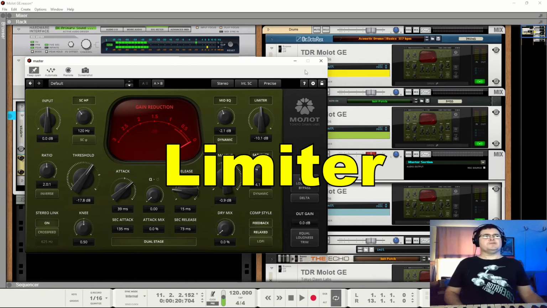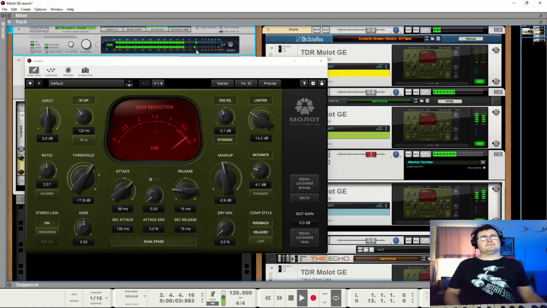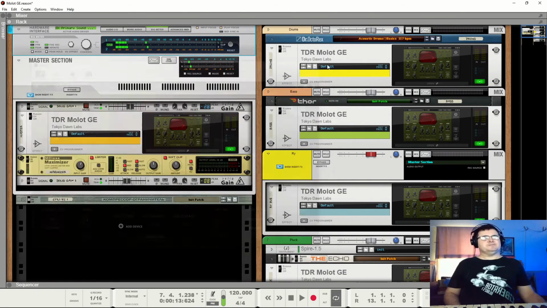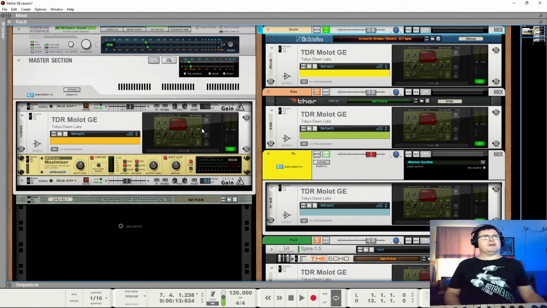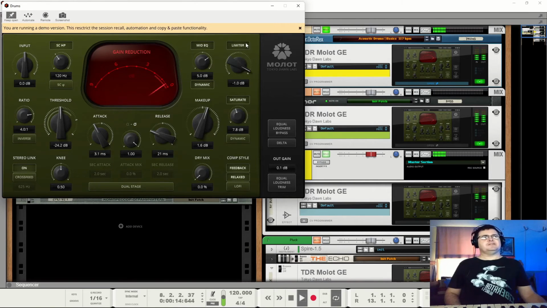The limiter we will look at here, it's not a brick wall limiter, so don't plan to use this across your master, but it is interesting. We'll go back and look at the drums with this as well. It's one of those things that I wouldn't put across the masters, so let's go have a look at it. I did turn that off, didn't I? Yes. We'll have a look at it on the drums here, your limiter.